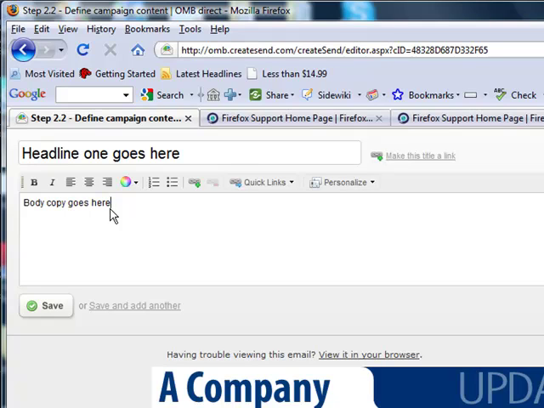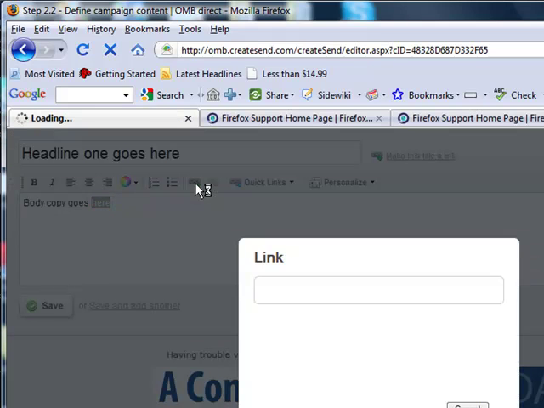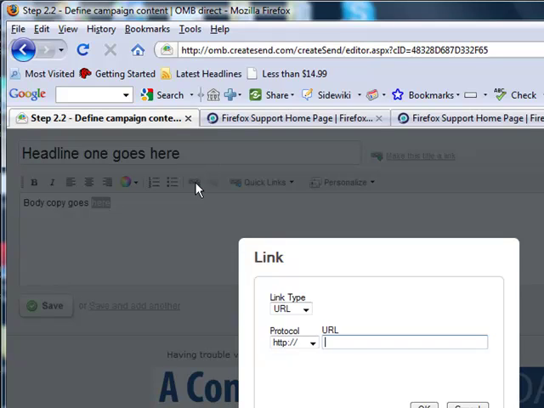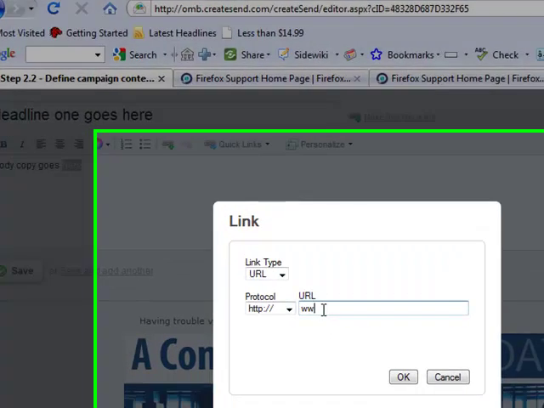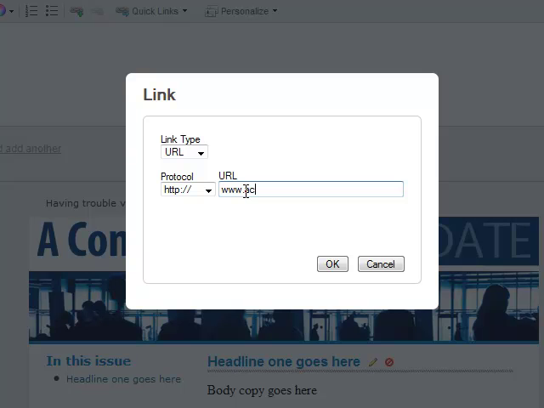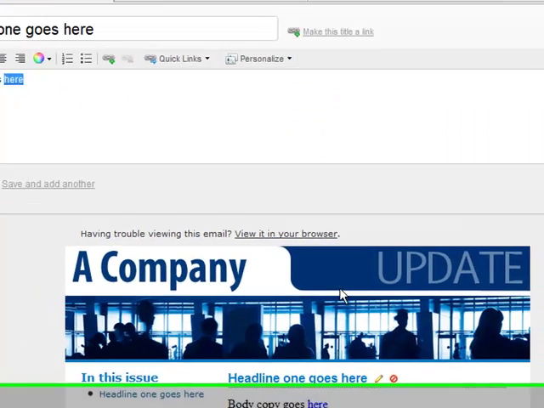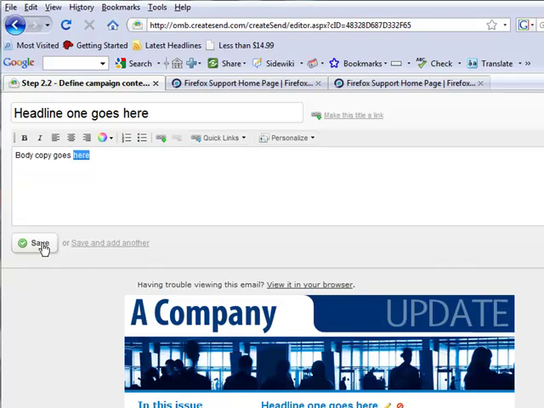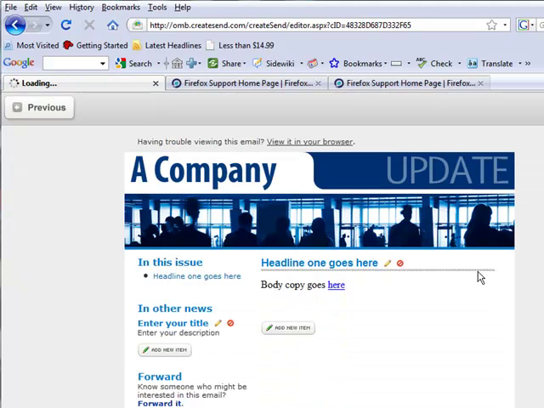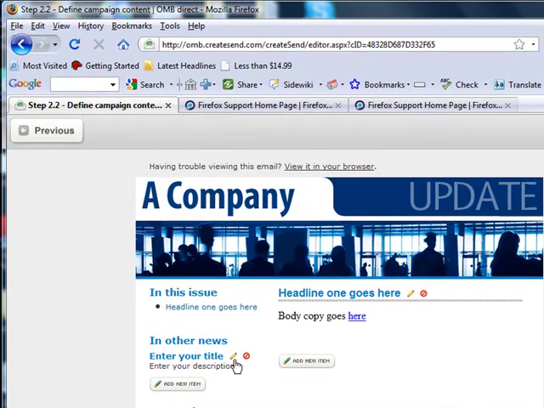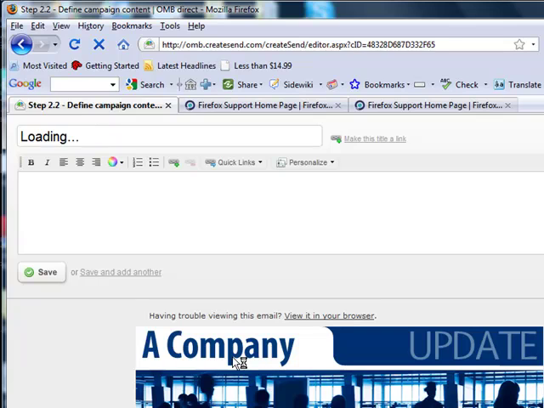If you wanted a link in here, you highlight the text, click the link tool, and type in the link in the box. Once you're happy, press save, and there you can see it. If you want to edit the news section, similarly, you press the pencil,